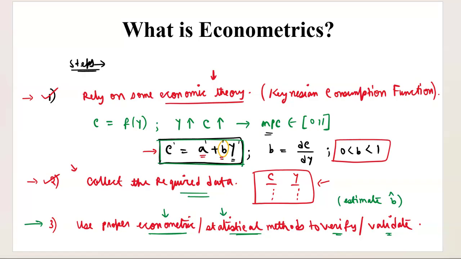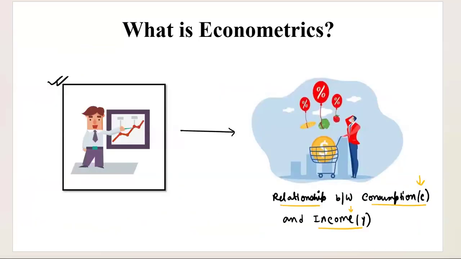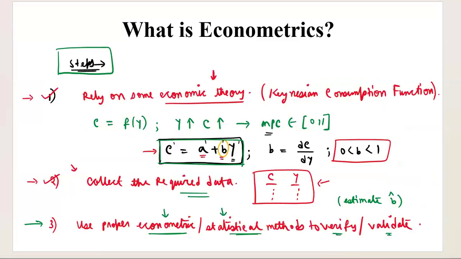So this is the entire thing. These are the entire steps that an econometrician would follow in order to answer this particular question. Your problem is very simple. You are just trying to find the relationship between two economic variables, right? So I have come up with this example just to let you know the approach, because many students, I see, are unable to understand the difference between econometrics and statistics, because the initial things that we do,